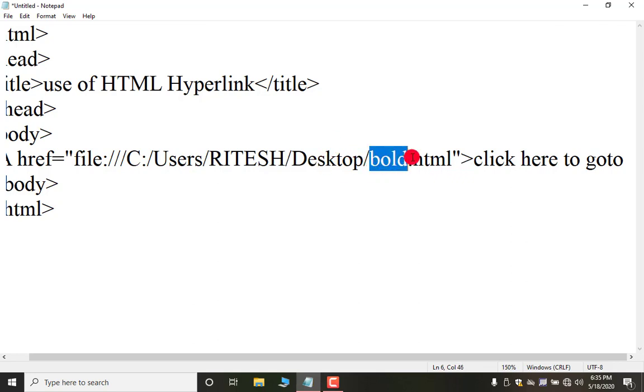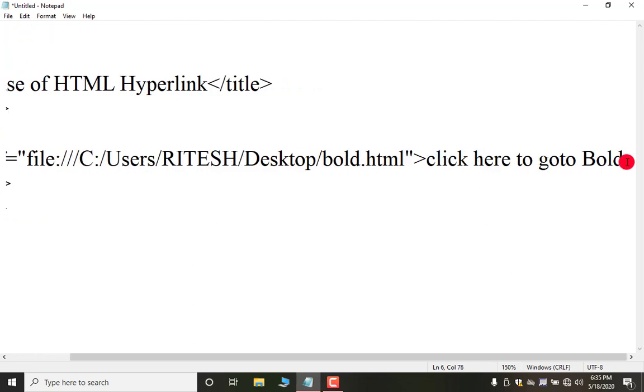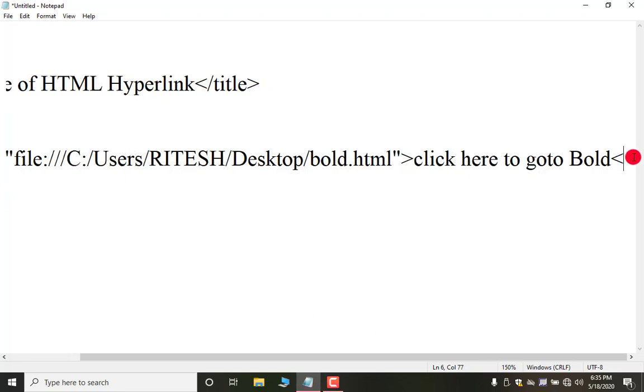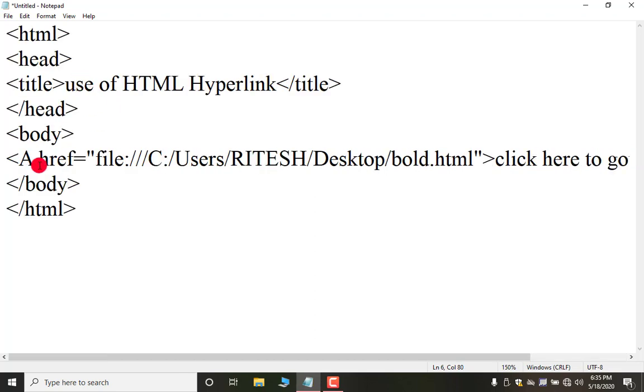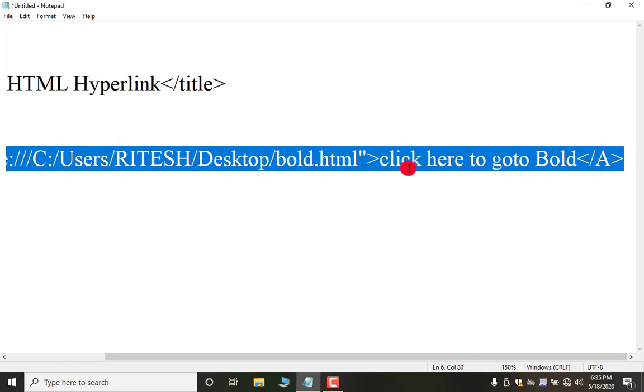This bold.html. So I am simply writing bold. You can write anything here of your choice, that depends on you. Okay, and after this, a tag close.